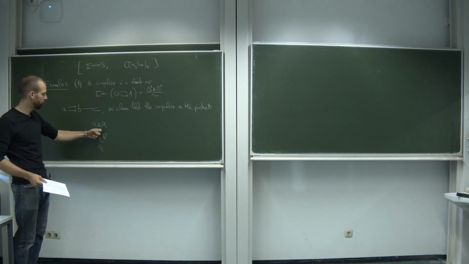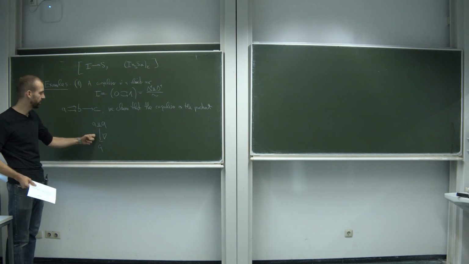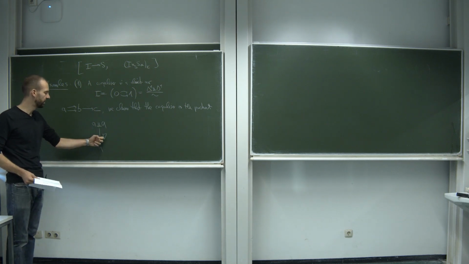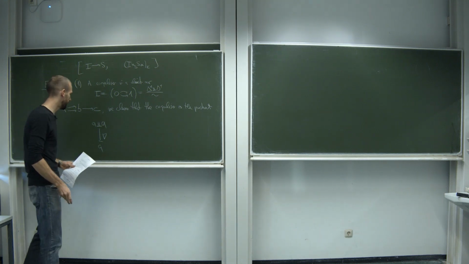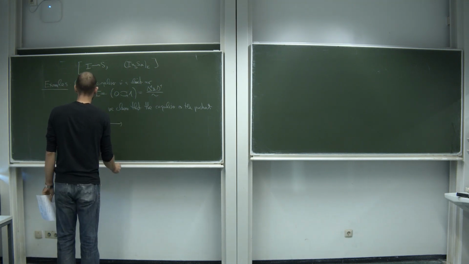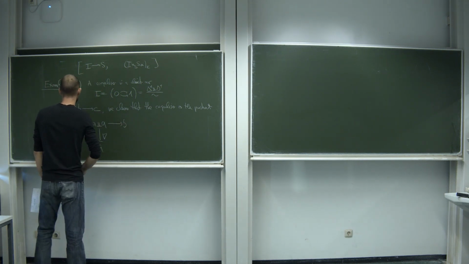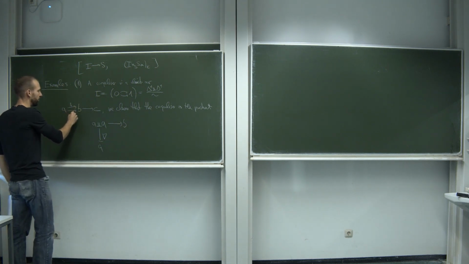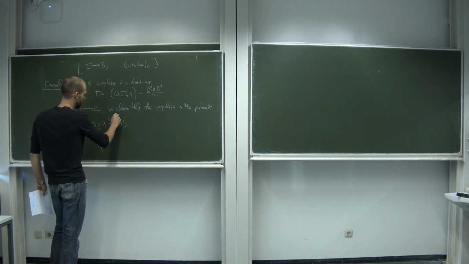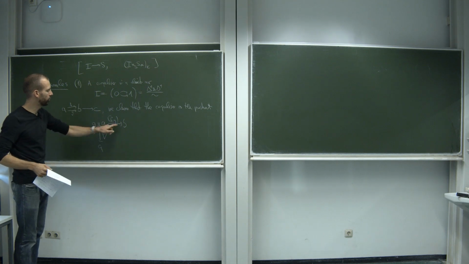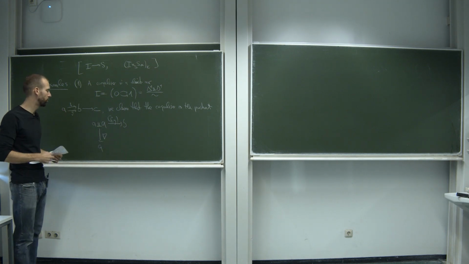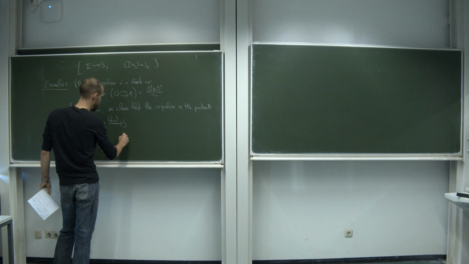So remember, maps out of the coproduct are the same as pairs of maps, so I just take the identity comma identity. That gives me what is called the codiagonal. And then I have two maps into B here, right? If I denote these maps F and G, this is just F comma G. Again, by the universal property of the coproduct, this corresponds to two maps to B, and I'm just taking my two maps. And then the claim is that always